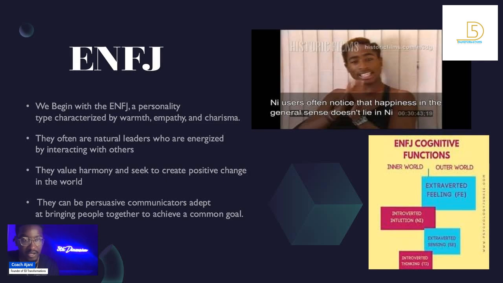life can bring. This type has extroverted feeling first, so they're very expressive, very communicative, less focused on how they feel and more so focused on understanding how other people feel. This gives them the ability to influence people and, in their world, make the world a better place because they can guide people in the right directions. Extroverted feeling is that communicative function. They desire connection, and that's one thing you'll find with ENFJs.